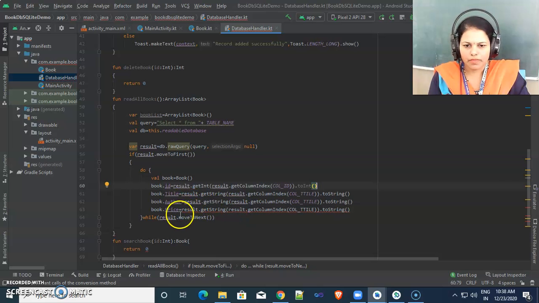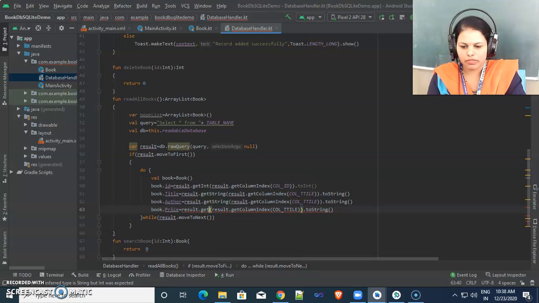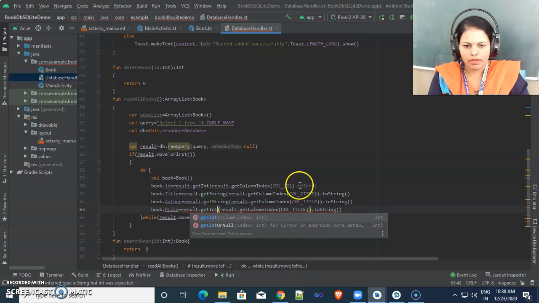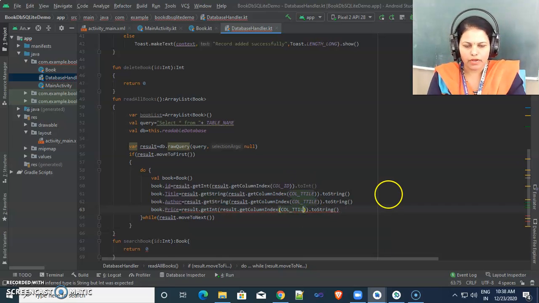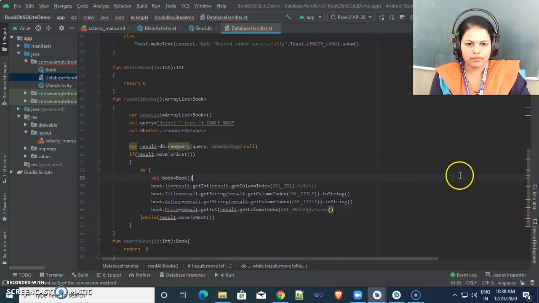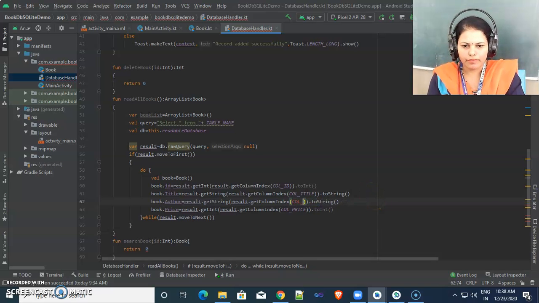Here price is also an integer, so I'm taking the price value with to int. Here title, and here we want author.